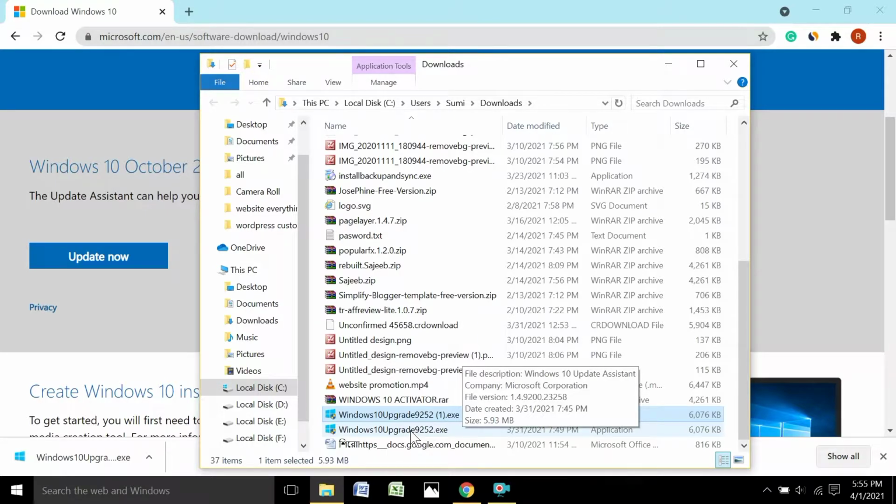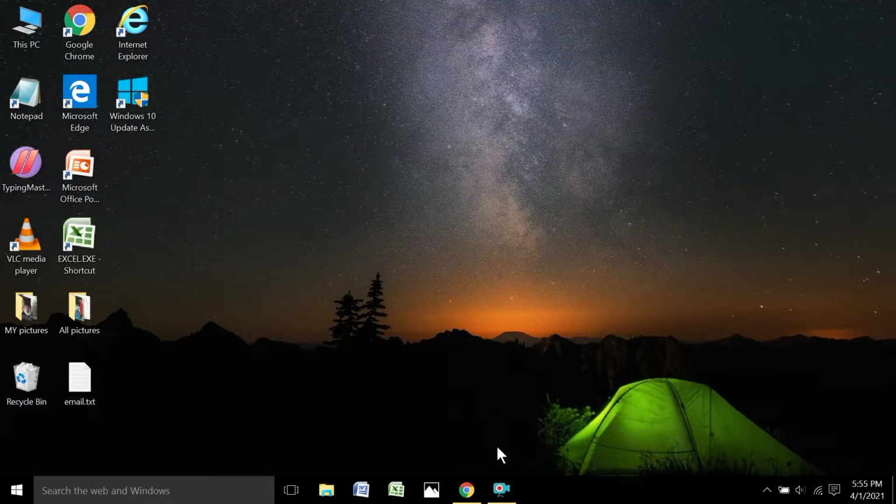If you can't find it here, you just double click on this file location and you will come to this page, and the window will appear here.